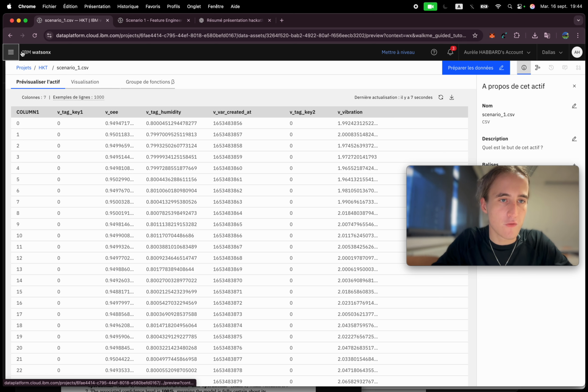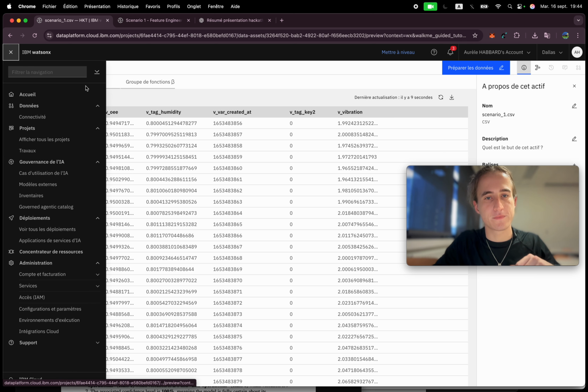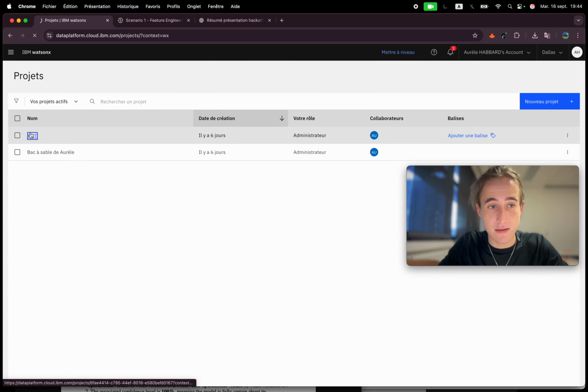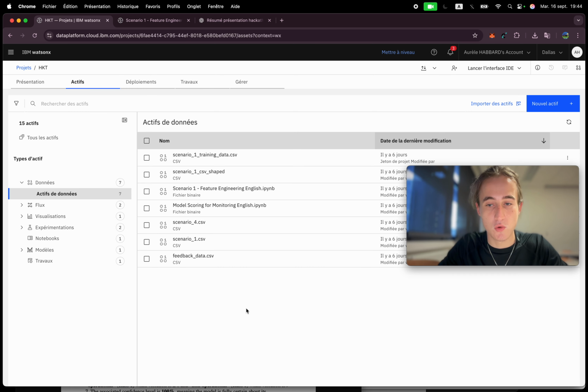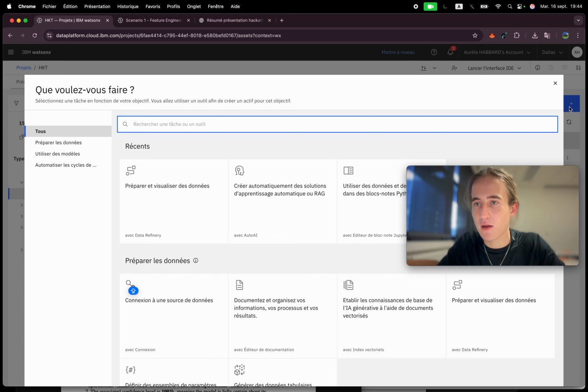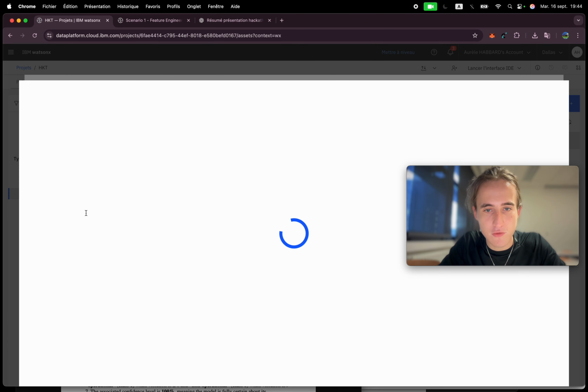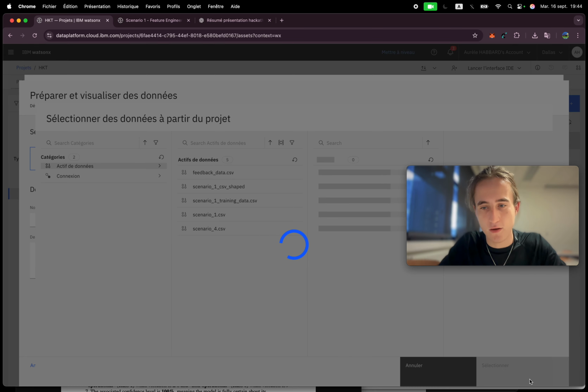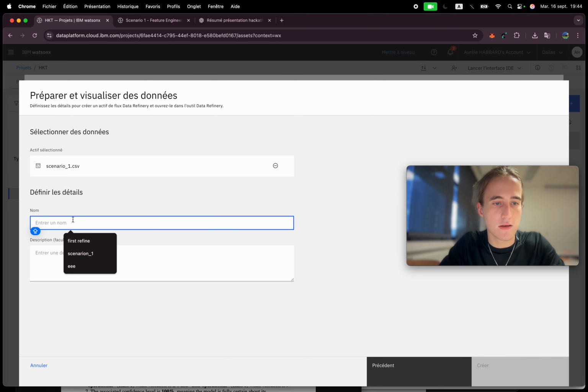And so first, once you have the data set, you need to use the Data Refinery tool, which is a way to do some math with this data set, create new columns, delete others, and then this allows you to visualize it. So here I'm going to quickly show you how you can create new assets, then prepare and visualize your data set. And over here you need to select the scenario 1 data set,